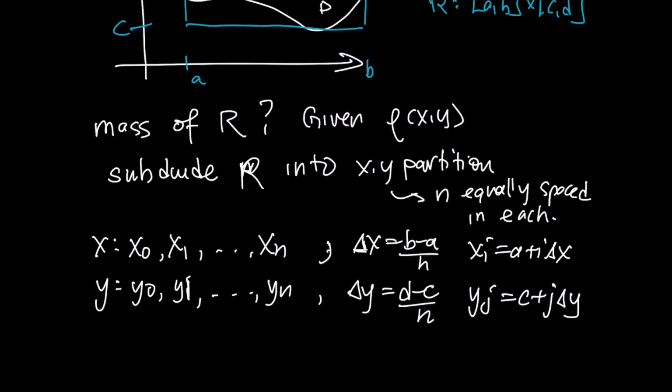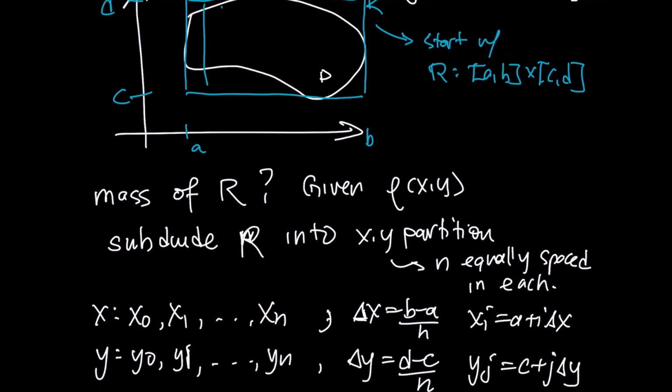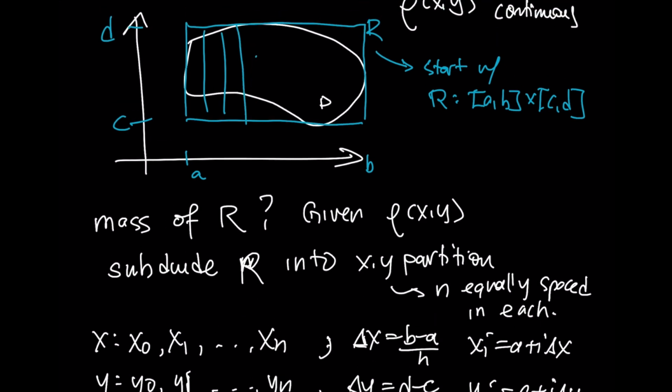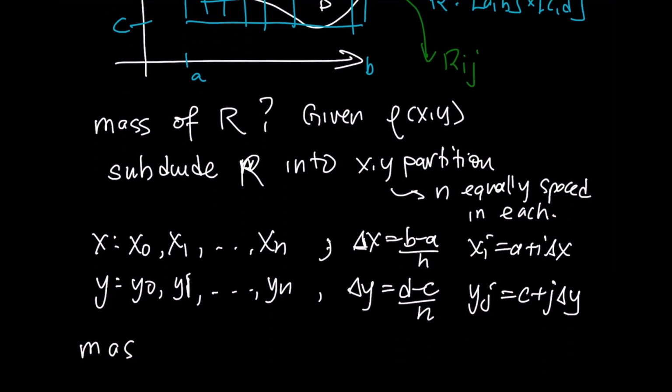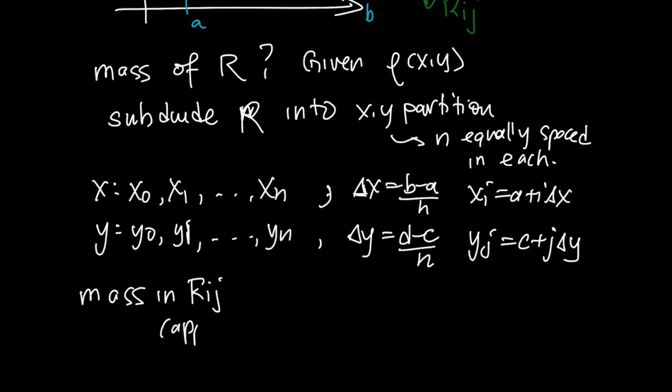So effectively what happens is we are going to subdivide this entire region here into small little rectangles. And there will be some general rectangle Rij. What is the mass in this Rij? And we're going to make an approximation as always. We are going to assume that this rectangle Rij has some sample point xi star, yj star, and then the